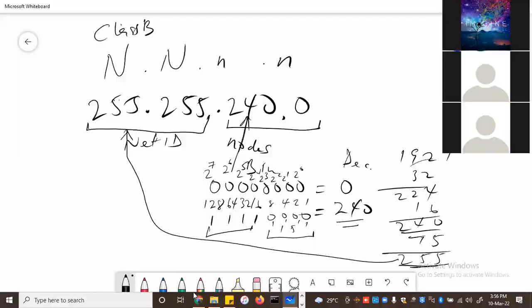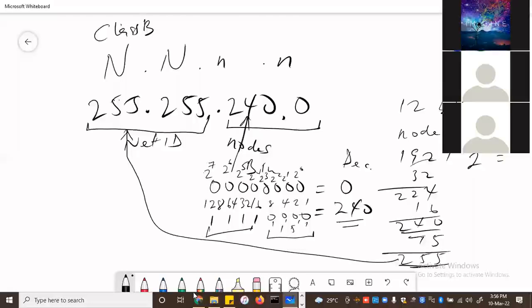So technically, you have 12 bits that you can allocate as your nodes, or your node IDs. So if you want to know the number of IP addresses that you can actually use, you say 2 raised to the power 12,